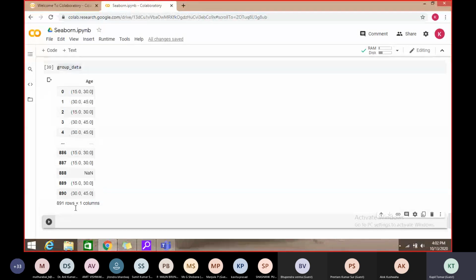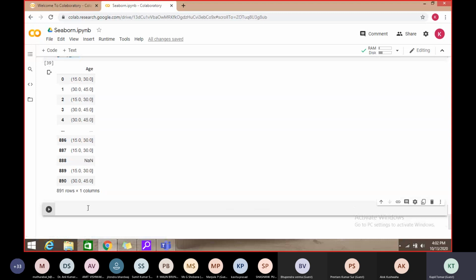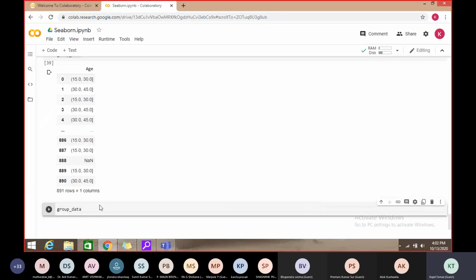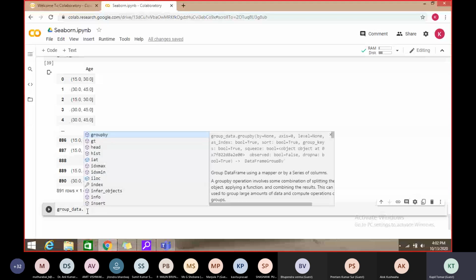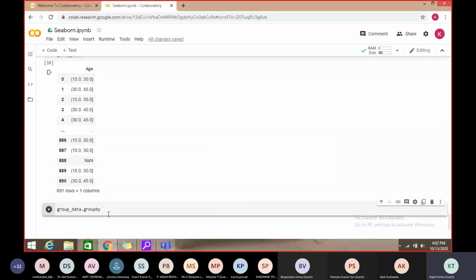So we will call it on which data? This one, because our data values are stored in this group_data. So this group_data, and it has to be grouped with which? It has to be grouped by, with the help of groupby, with which data? Again the age.